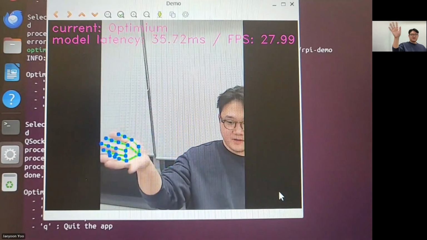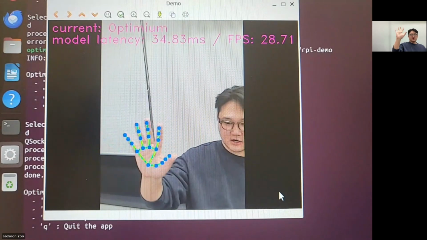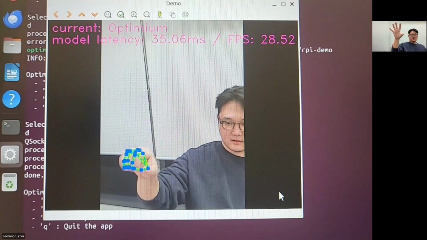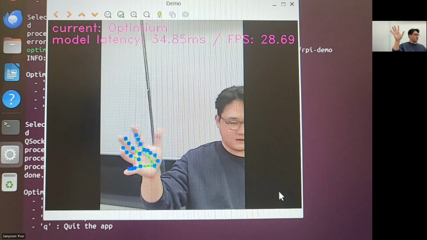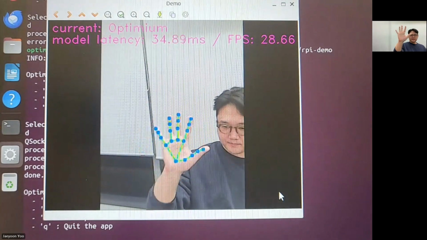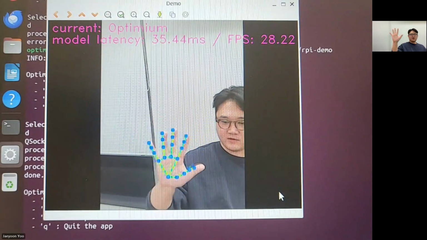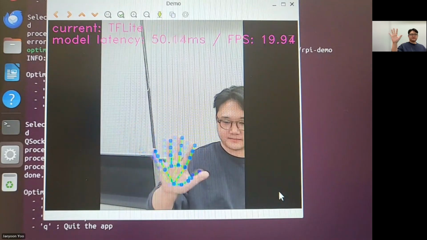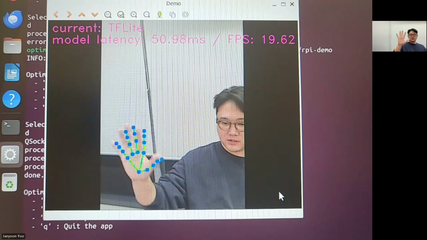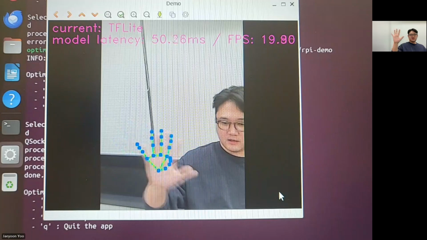And you can see the FPS is slightly faster, although it actually dropped by about 3 FPS compared to what we prepared. And we turn on TensorFlow Lite. You can see the lag difference here. And Optimium.